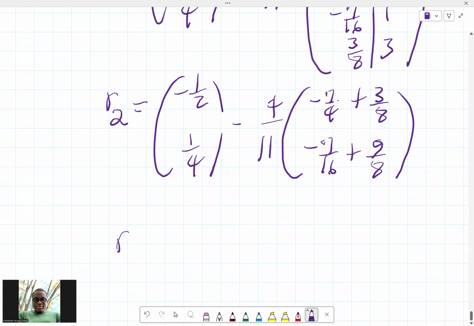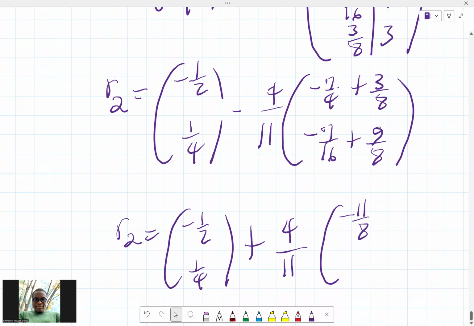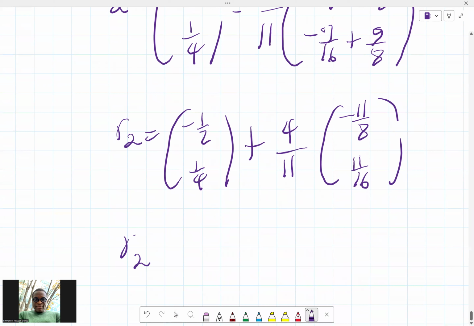So that R2 is minus 1 over 2, 1 over 4 plus 4 over 11 into, again, this is minus 14 plus minus 14 over 8. That's minus 11 over 8, right? Yeah, that's minus 14 over 8 plus 3. That's minus 11 over 8. Then here we have 11 over 16, right? Yeah, that's 11 over 16. Should that be what it is? So this is minus 7 over 16 plus 18 over 16, right? That's 11 over 16. So it means R2 is simply going to be minus 1 over 2, 1 over 4